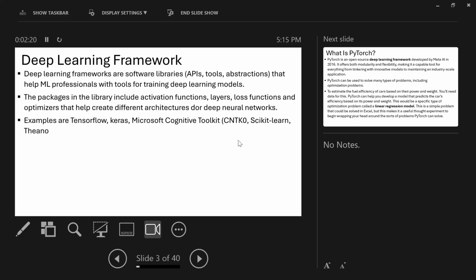We have other deep learning frameworks like TensorFlow, Keras, Cognitive Toolkit, Scikit-learn, and there are many others, Theano. So these are some of the deep learning frameworks that are available. But for this particular class, we'll just restrict our attention to the PyTorch framework.